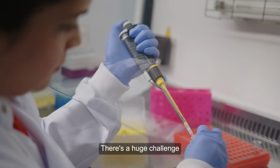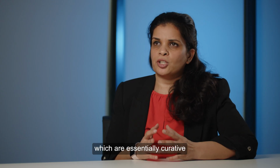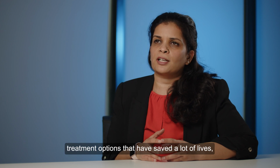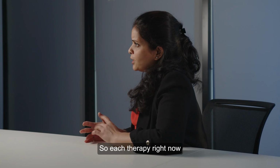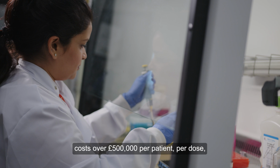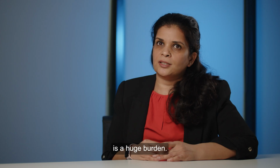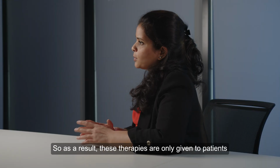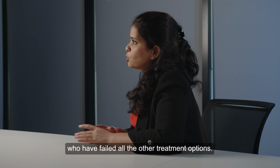There's a huge challenge around the manufacturing of cell and gene therapies, which are essentially curative treatment options that have saved a lot of lives, especially for cancer patients right now. So each therapy right now costs over £500,000 per patient per dose, which, as you can imagine, for a public healthcare system like the NHS is a huge burden. So as a result, these therapies are only given to patients that are really, really sick, who have failed all